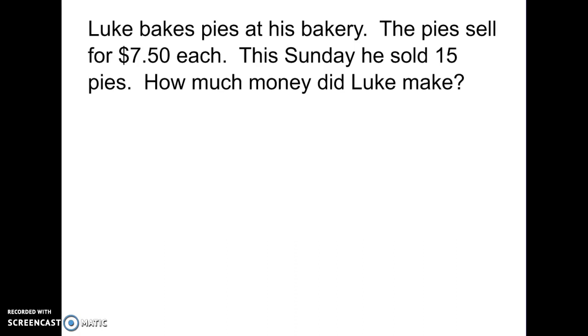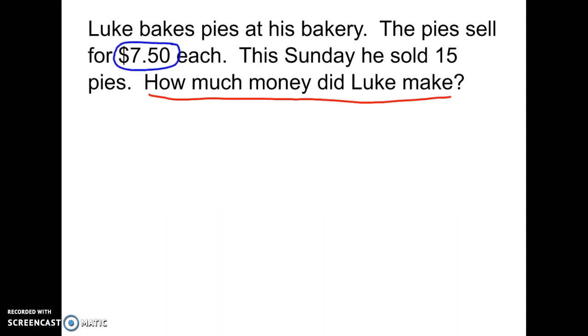Okay, so first of all, the first thing we need to do is read it, which we did already. Then we need to focus in on what is the question. So the question is, how much money did Luke make? Now that I know what I'm trying to figure out, I'm going to look and see what information is in the story that can be helpful to me to solve this problem. Well, I can see that each pie sells for